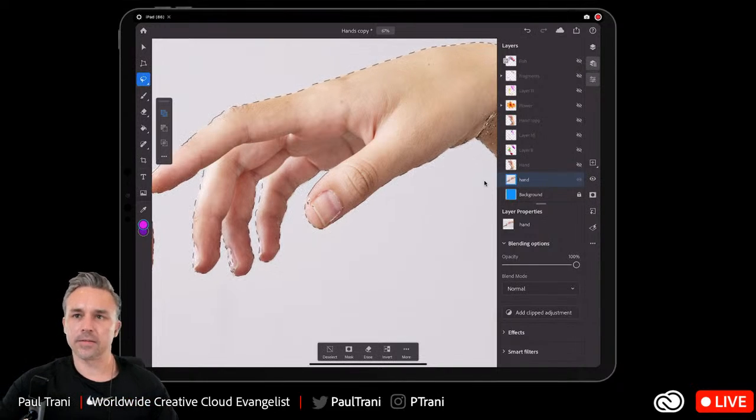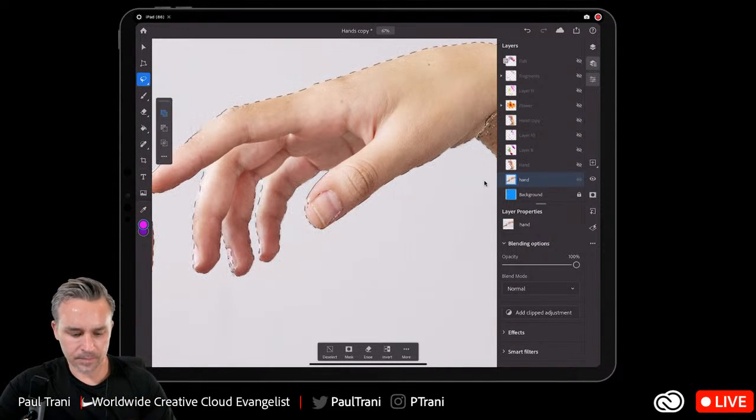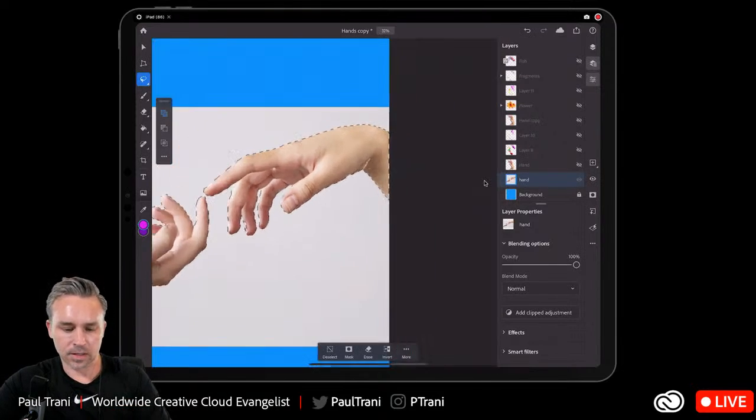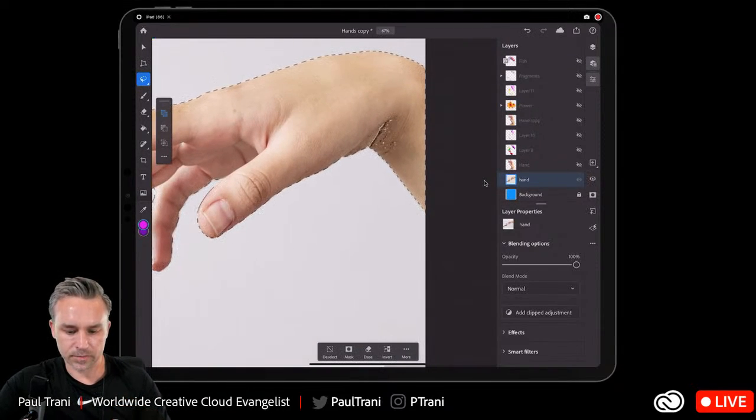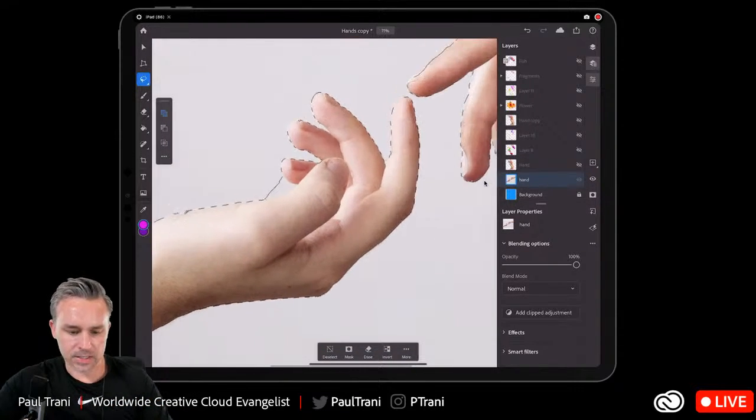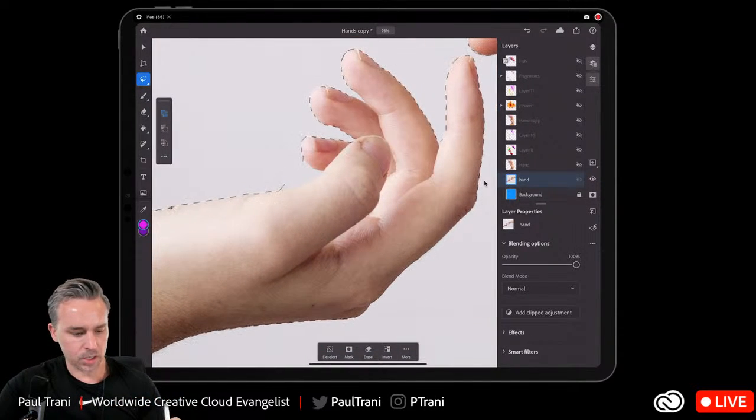This is just the beginning of our journey using Photoshop on the iPad, by the way. This is just the beginning. We've got to take 30 years' worth of technology and port it over. It's going to take some time, but this actually came from the actual code base